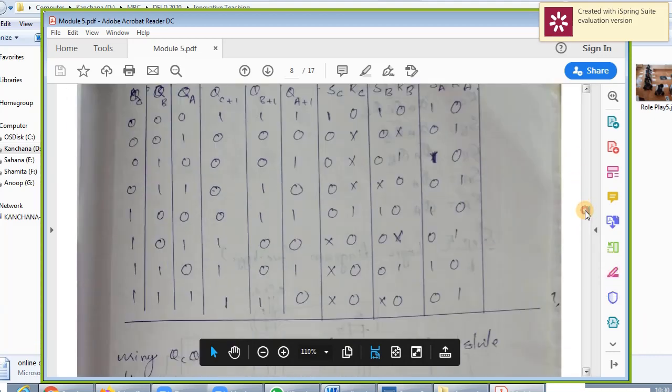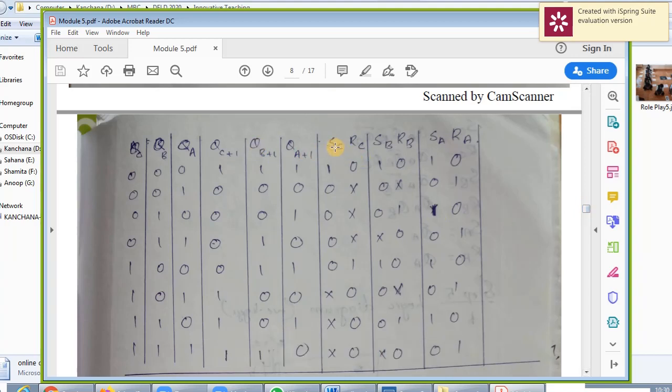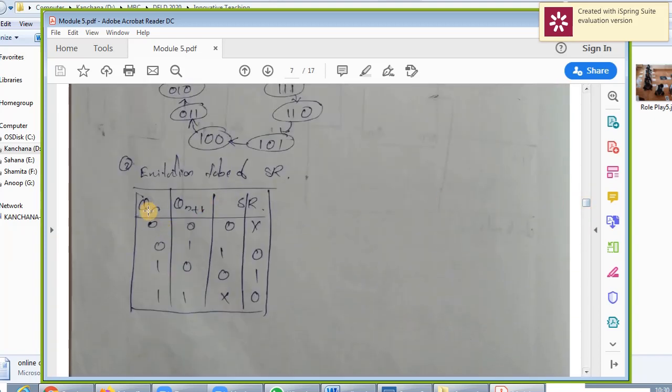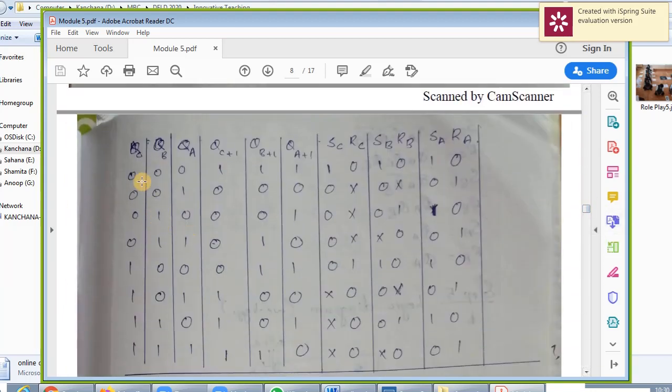So once you fill up the next state, then you have to fill up SC RC. How to fill up SC RC? You have to see QC and QC plus 1. 0 1: for 0 1, you have to see the excitation table. For SR flip flop 0 1, what is the excitation? 1 0. So for 0 1, fill up 1 0.